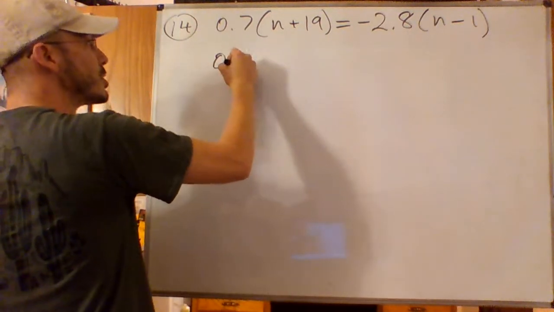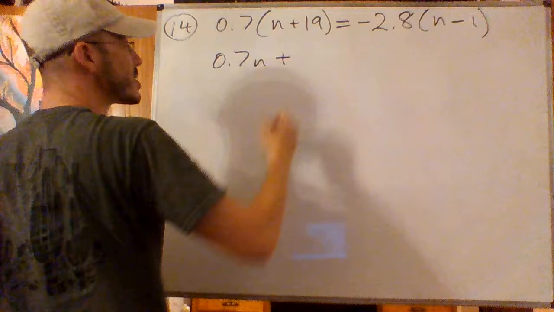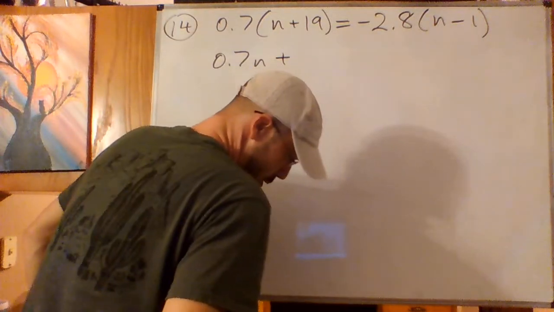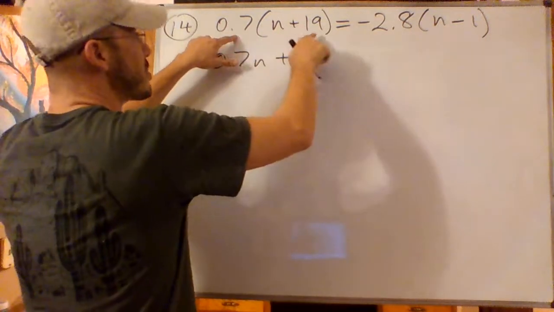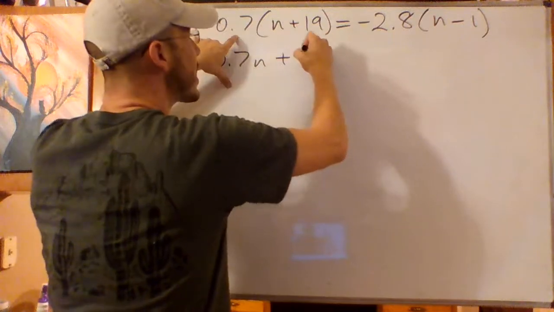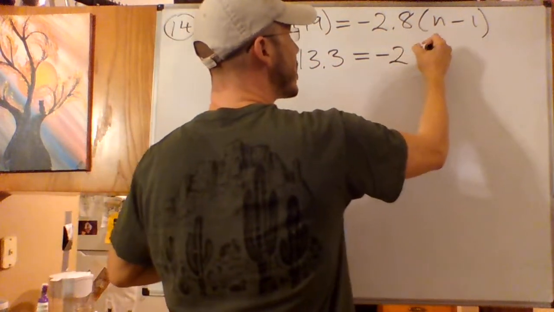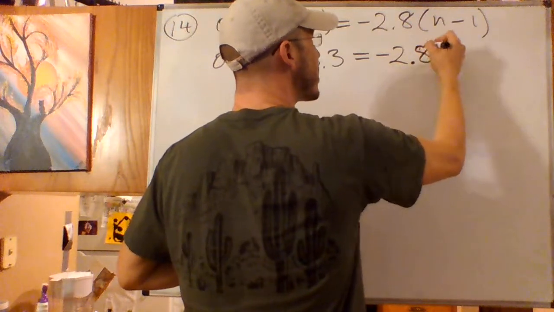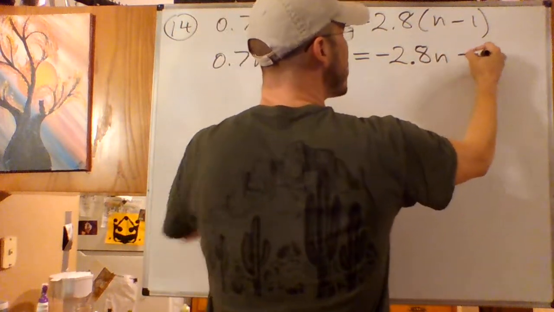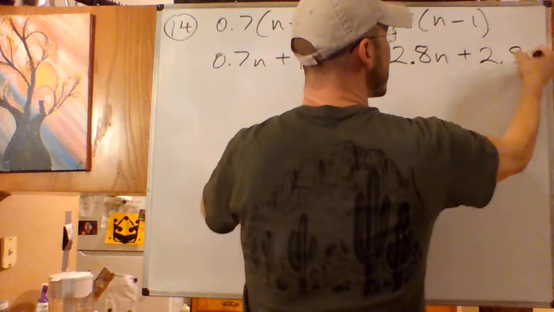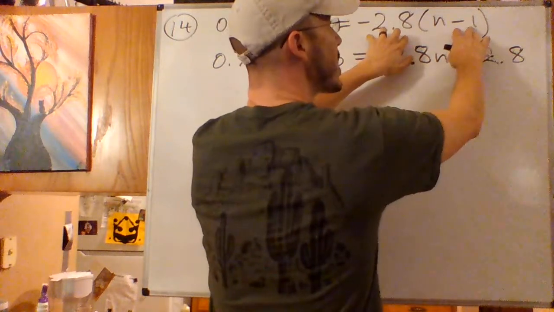First, I'm going to distribute 0.7n plus 0.7 times 19, I did use a calculator for that, it's 13.3. And then negative 2.8n plus 2.8. That's negative 2.8 times that negative 1,